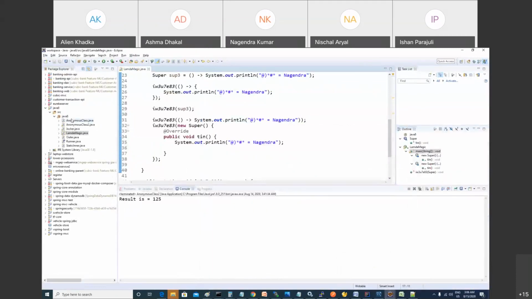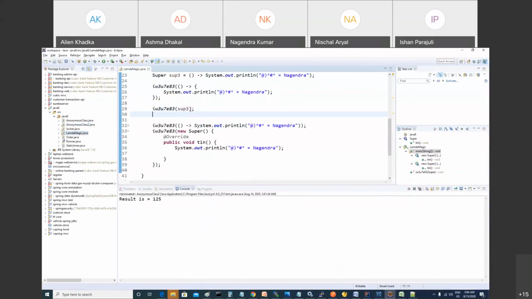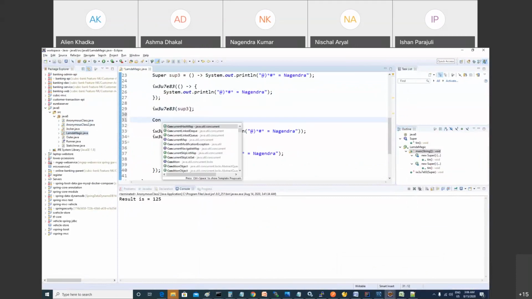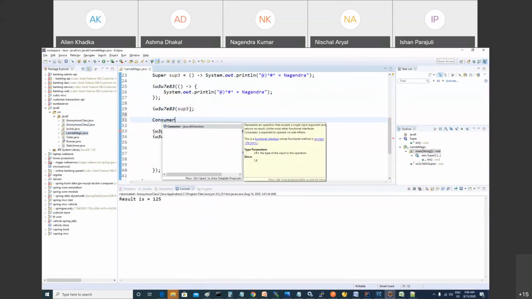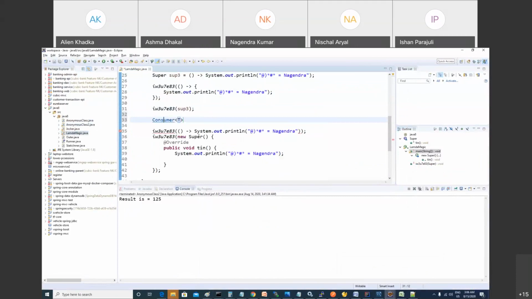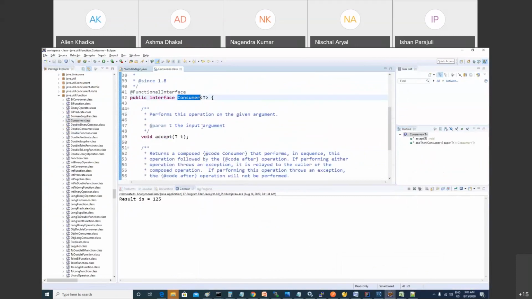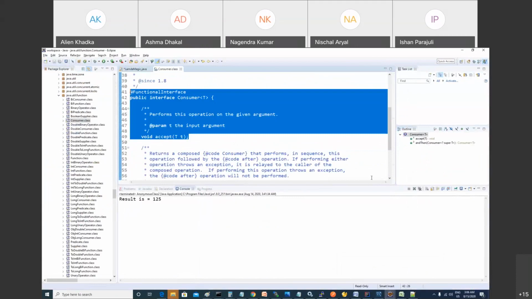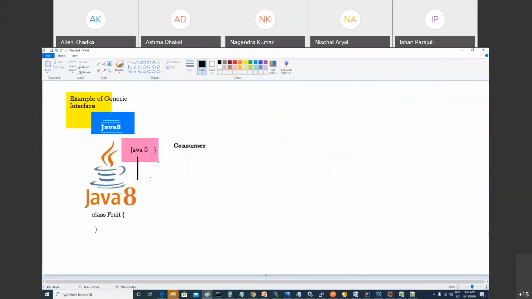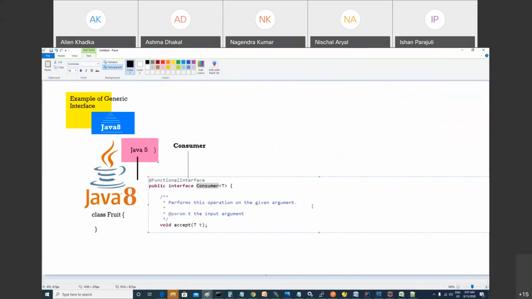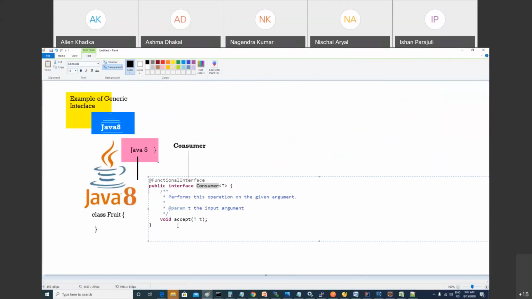I'm going to show you what the Consumer functional interface looks like. Ashma, as the name suggests, Consumer means I'm going to eat. If you see this functional interface, what is it doing? It is going to take what kind of input?